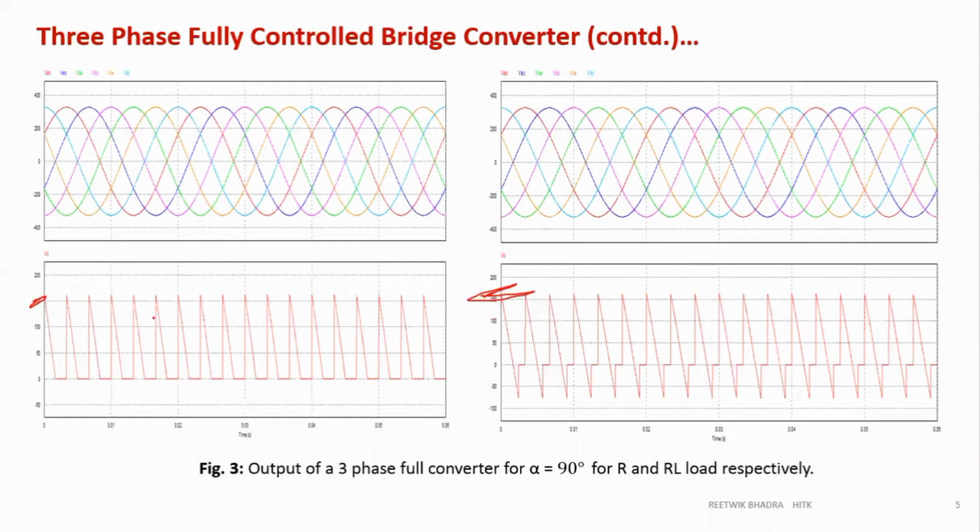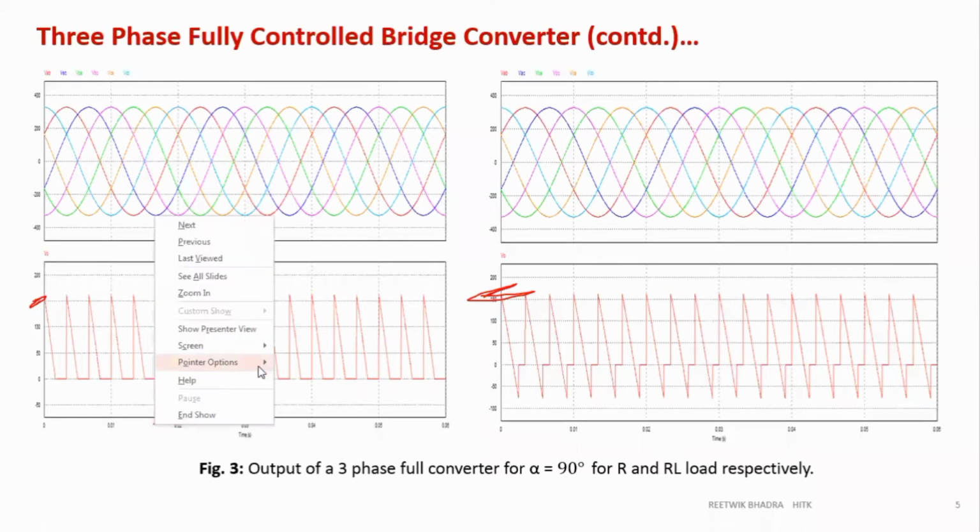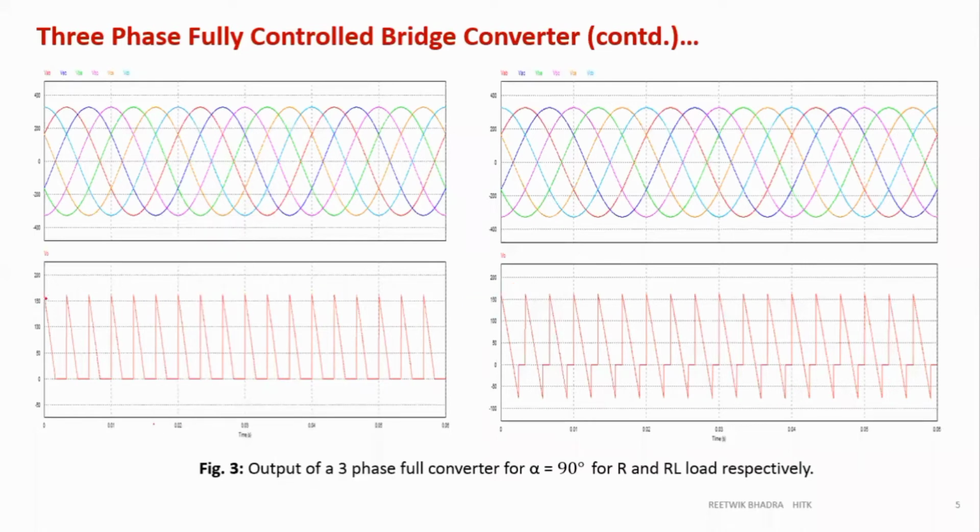See, a small bit above 150. So that is shown over here also. Small point above 150. Okay, these magnitudes are same. Now what happens over here? See, at this transition point, it has become 0. Because it is R load, there is no point of discharging, but your inductor discharges if it is RL load. So it will discharge to the source only. So source voltage only continues. So this waveform only continues. Then it becomes 0 and then it goes on.